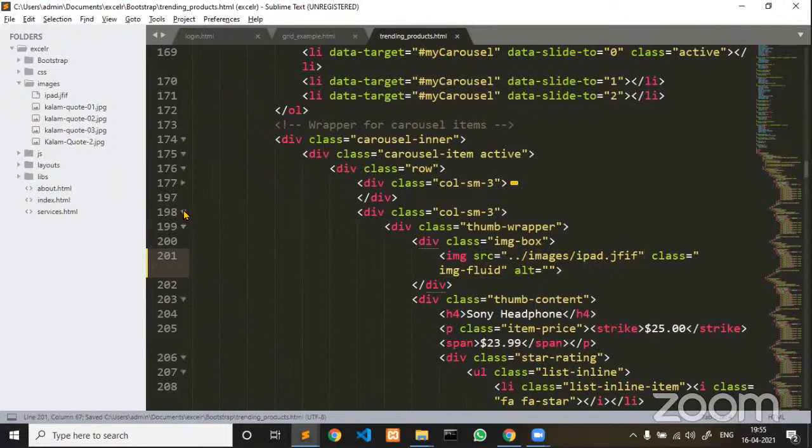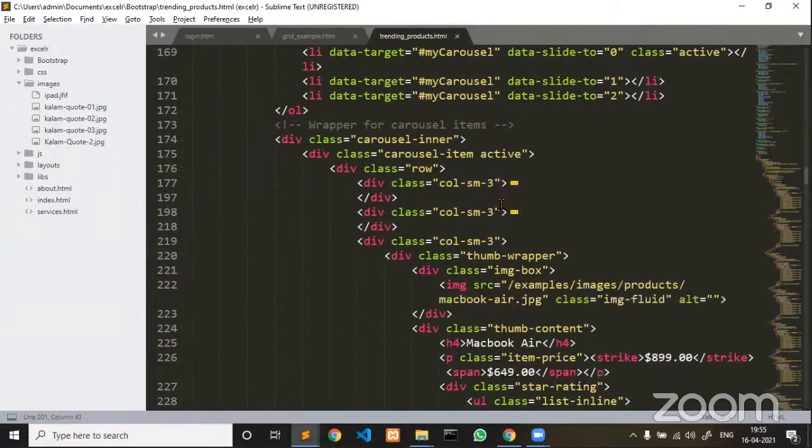You see here for a smaller device, I am displaying three items per row. I mean to say per 3 columns I am merging into a single column. Out of 12, 3 plus 3 plus 3 plus 3, 4 divisions that we are going to display, my dear friends.